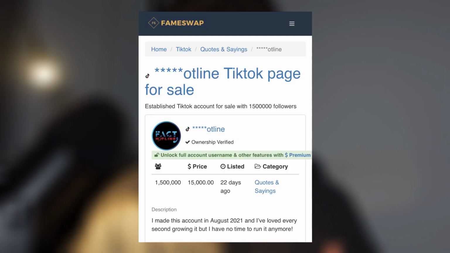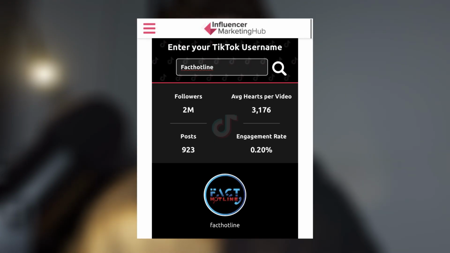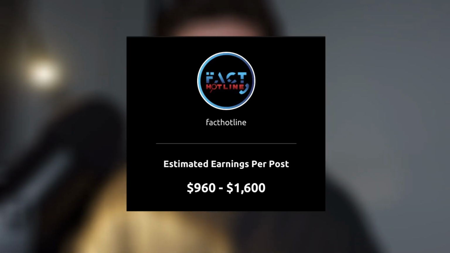Now currently the person that's selling this account is selling it for 15k, and if we had a look at it on the TikTok money calculator, it shows us that its engagement rate is 0.2%, of where it returns an average around $900 to $1,500 per post. Now the TikTok money calculator isn't going to be the most accurate tool at measuring how much return you're actually going to get on your page, but in reality I reckon it's not that far off, because for example on